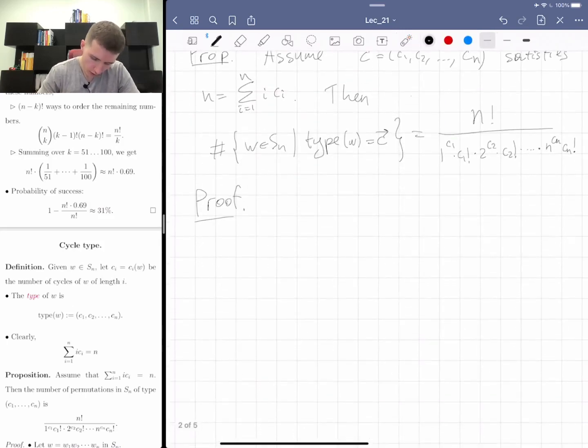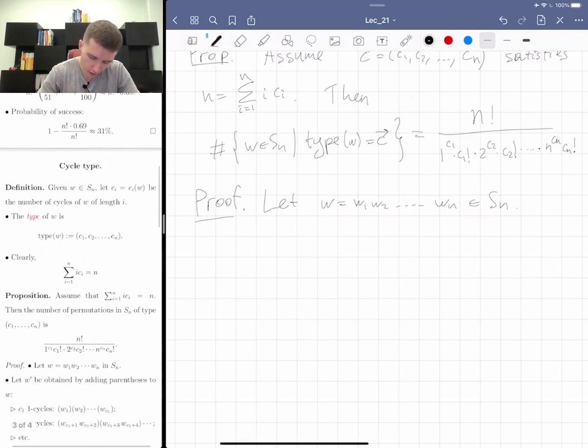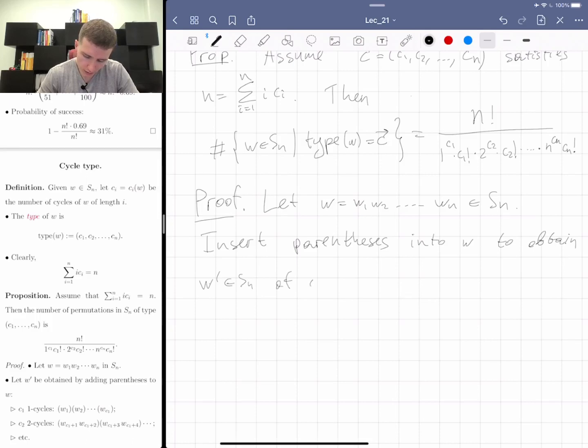So you choose a permutation W, W1, W2, etc. up to Wn in Sn, and then you want to insert the parentheses into W to obtain W prime in Sn of cycle type C,